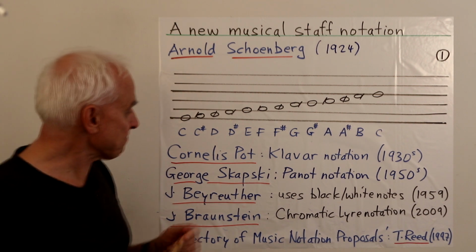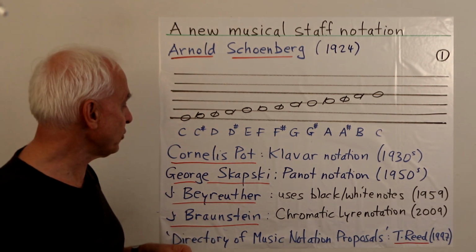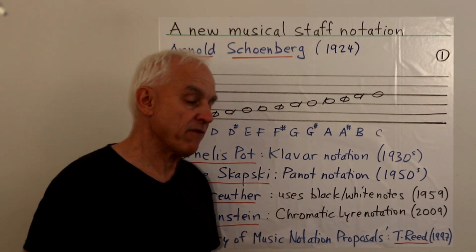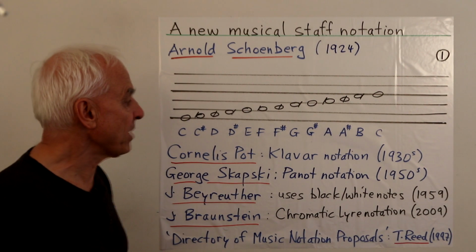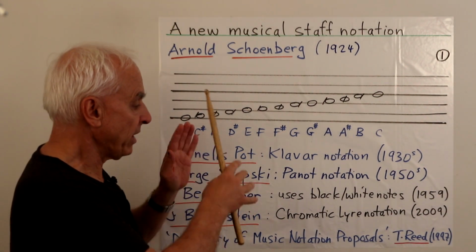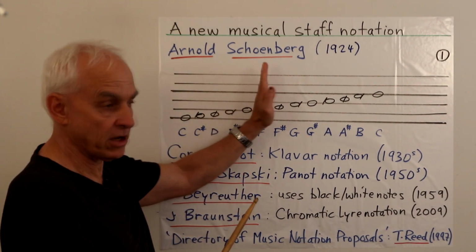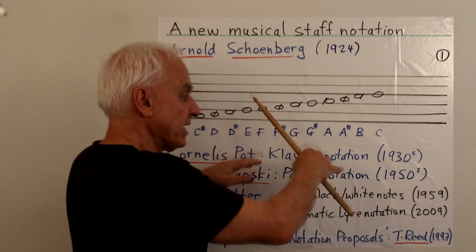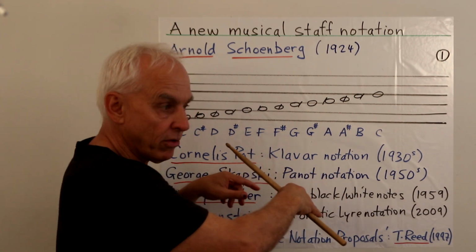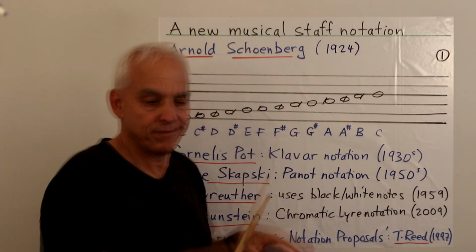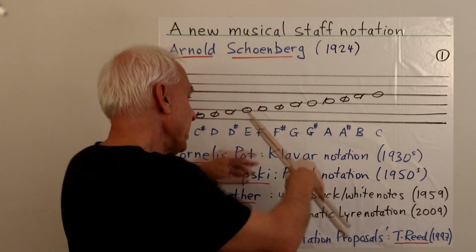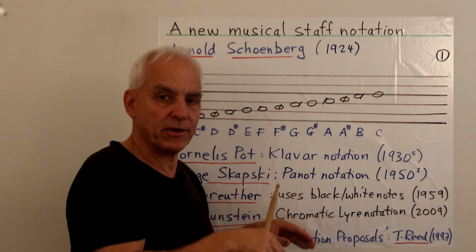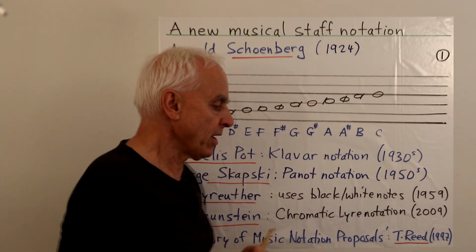A notable example is one due to Cornelis Pot, a Dutch fellow who introduced what's called Klavarskribo notation. It's quite innovative because the notes that you're playing at a given time, instead of being vertical as they are with most systems, are actually horizontal. His idea is to represent the actual physical locations on a piano with a horizontal strip of notes, so that even a beginner piano player could read down the page and see where they should put their fingers as you go down. So this is quite interesting.